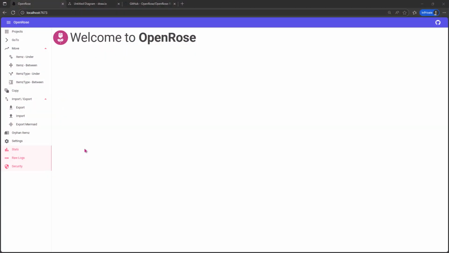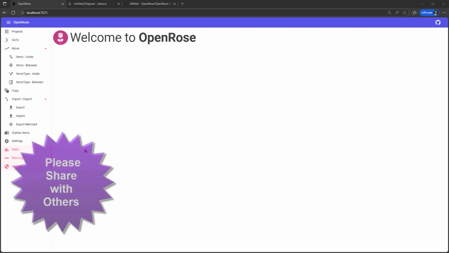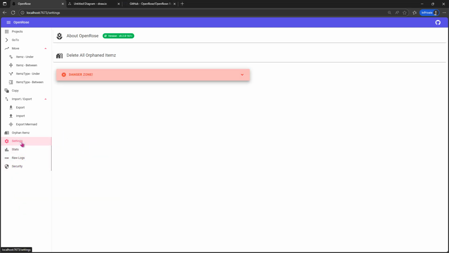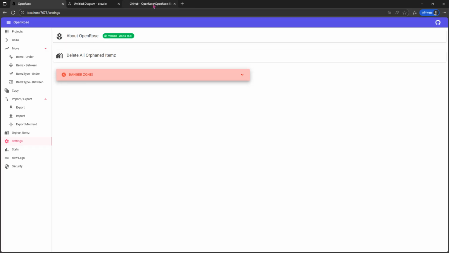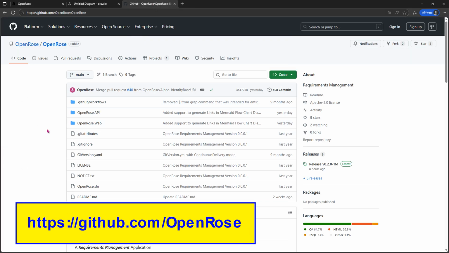Hi, in today's demo I'm going to talk about Mermaid Diagram and native support for generating Mermaid flowchart diagram text from within OpenRose. If I go to settings, then we can see here that the version of OpenRose I have installed on my computer is 020161. That's the latest version,